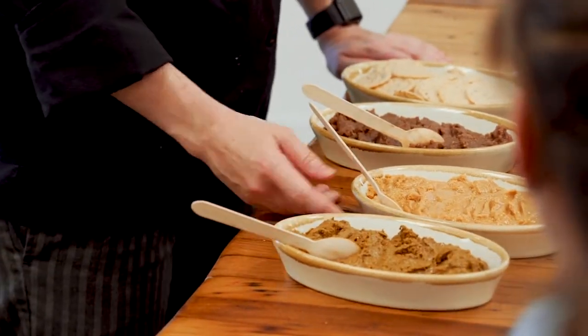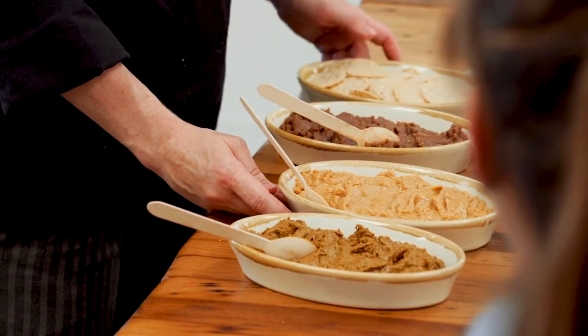what else did I use in that? Maple syrup, salt, and cinnamon. And I have some crackers here. So if you guys would like to pass them around and try them, there is a recipe in your packet. I think it's the last page of your packet, but I wanted to open your eyes to different